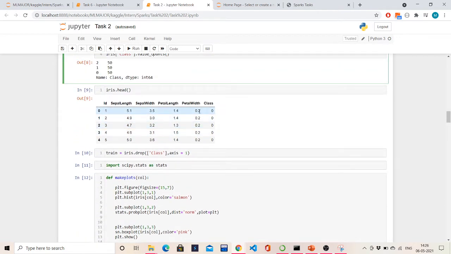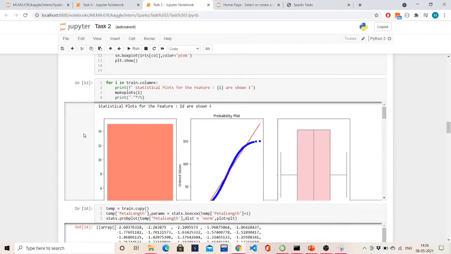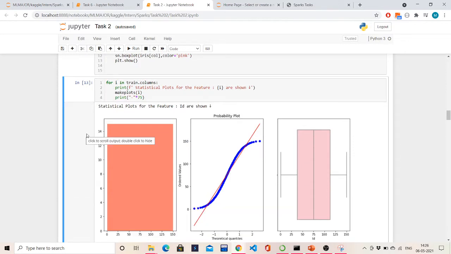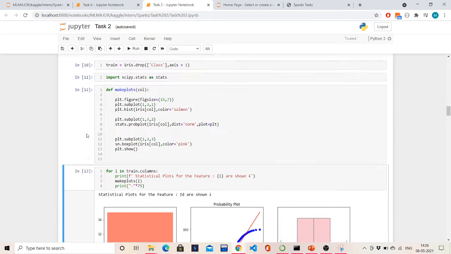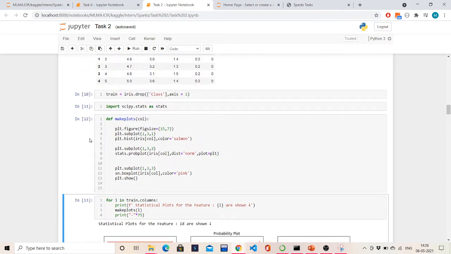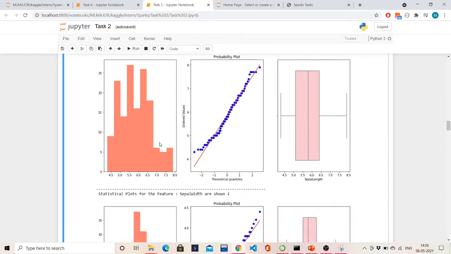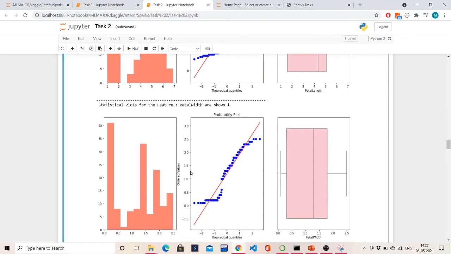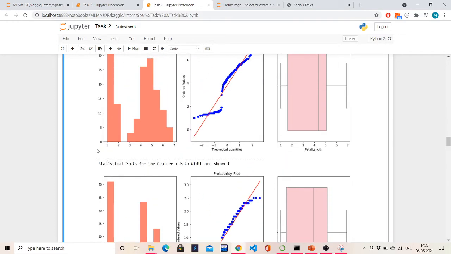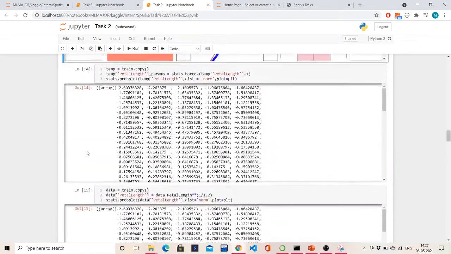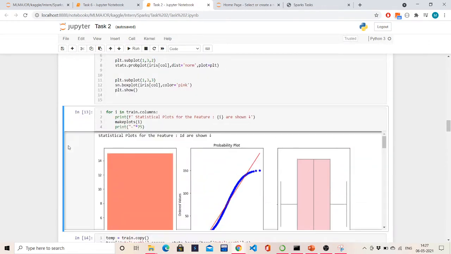Then I have a look at the visualization of the distribution of each and every feature, and how each feature is distributed. Is it under normal distribution or some other kind of distribution? I normally use normal distribution to check, because normal distribution is a good kind of distribution and gives fairly good results. I observed that petal length and petal width are lagging somewhat in the normal distribution. That's not an issue because we are not making a prediction out of it. We are just working on getting the clusters right.